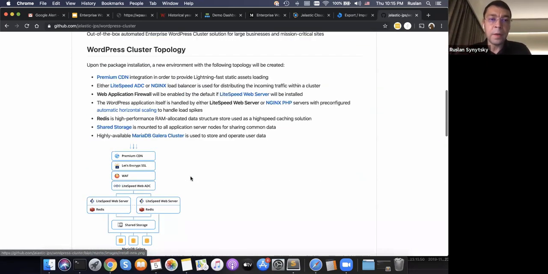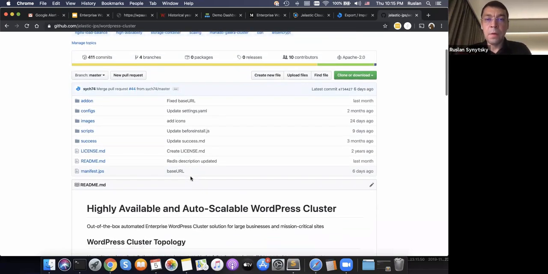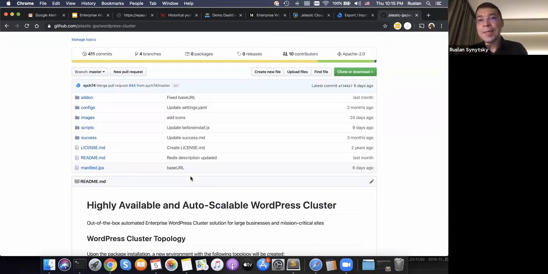You can even fork it and customize it by yourself. So this is why we call it WordPress cluster kit. We give you a tool, and this tool can be used for your own needs or for your customers. You can easily customize it to make it a little bit different compared to others, or to integrate your additional extra advanced knowledge inside.